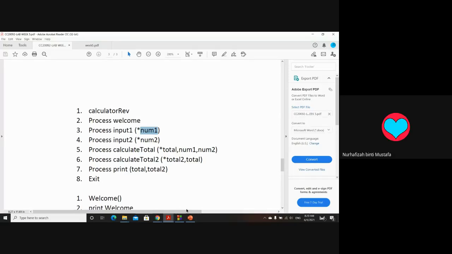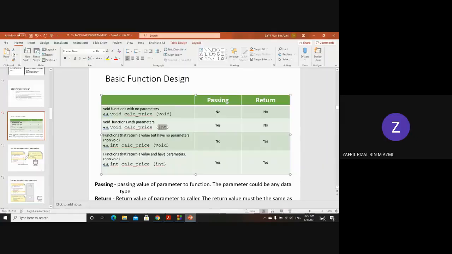Clear? Yes. Okay, and then we have non-void. So this is non-void module or function without parameter. Okay, next we have non-void function with parameter. This is four types of